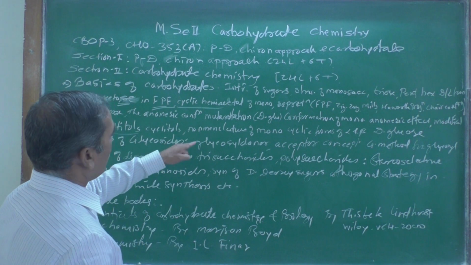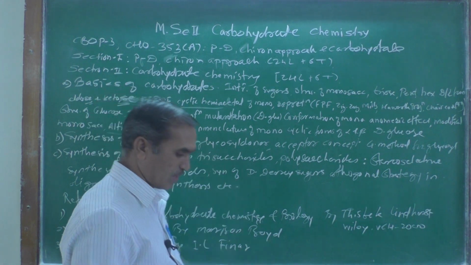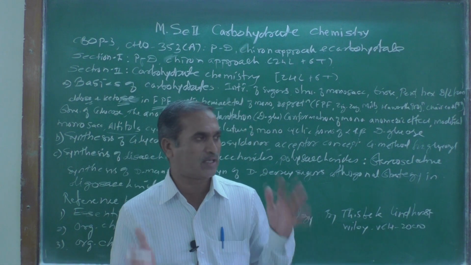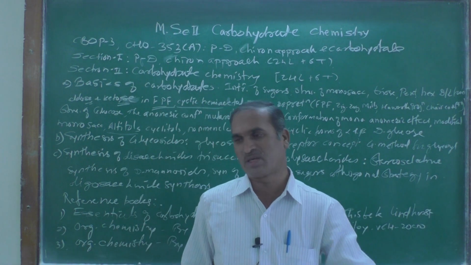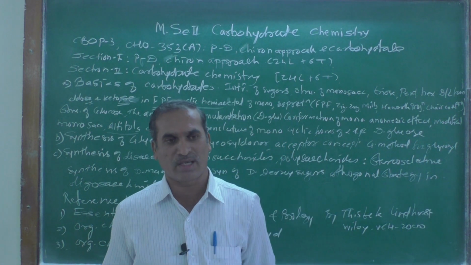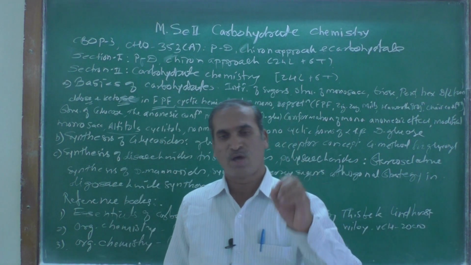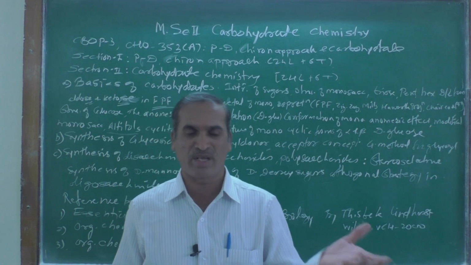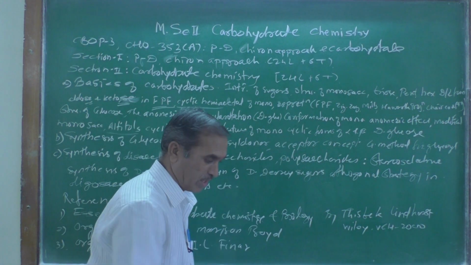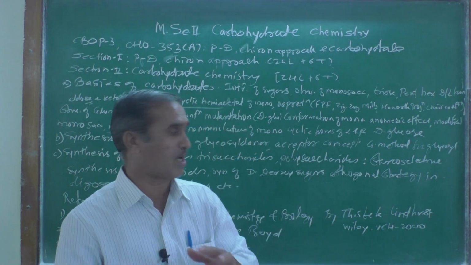And then the nomenclature of the monocyclic form of alpha and beta D-glucose. As we know, nomenclature in organic chemistry has various methods, meaning the systematic way of giving the name of an organic compound is known as a nomenclature system: the common name system, the IUPAC name system, and some acronyms. So these are the different nomenclature systems. Here also we are going to learn about the nomenclature system of carbohydrates.